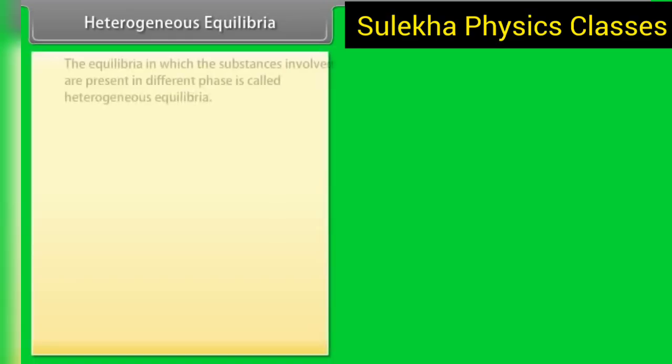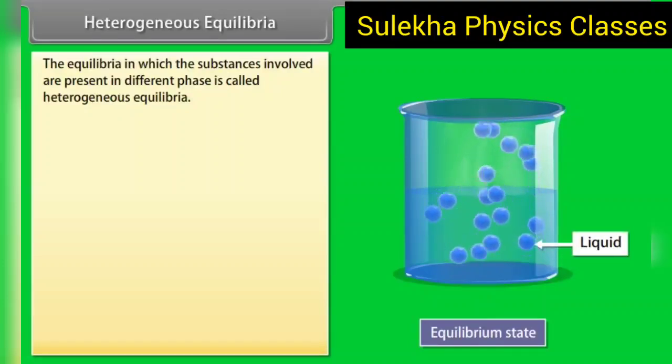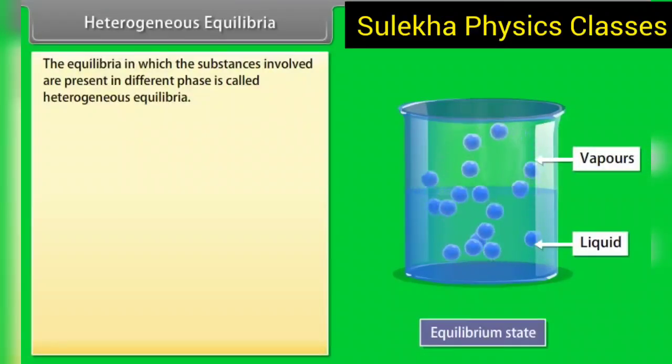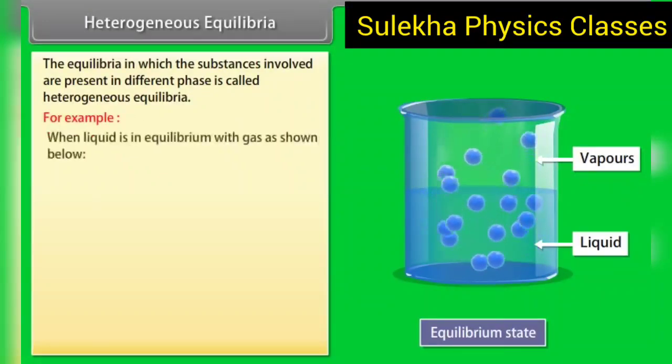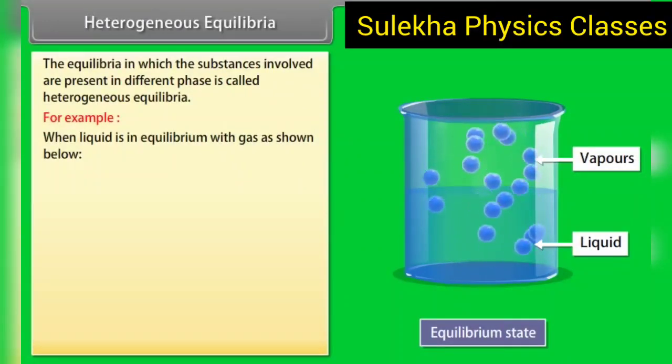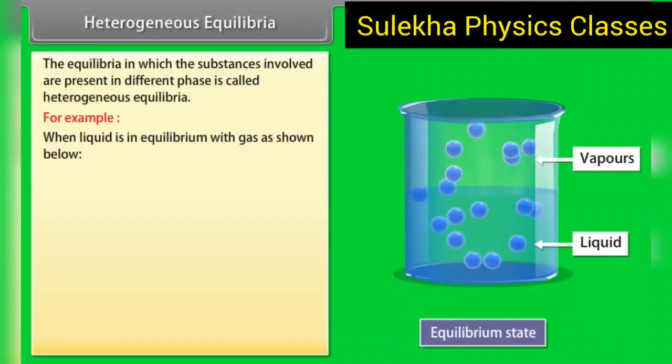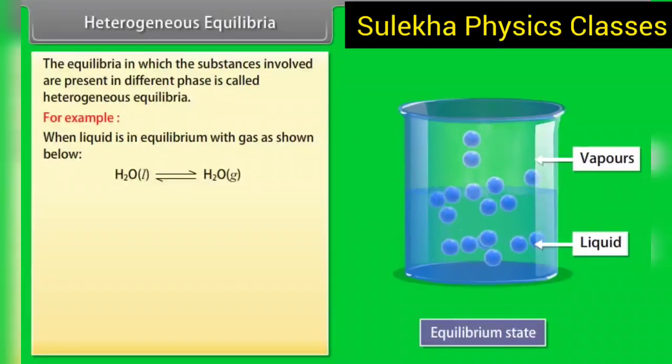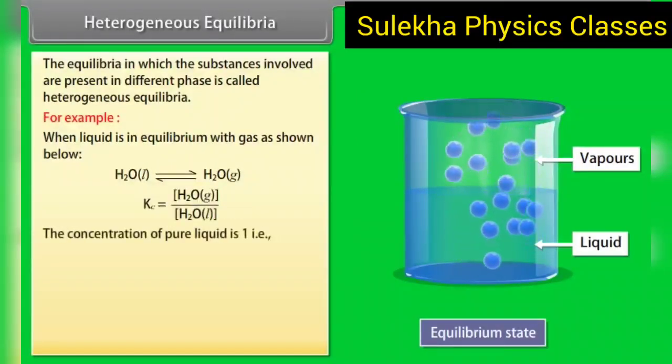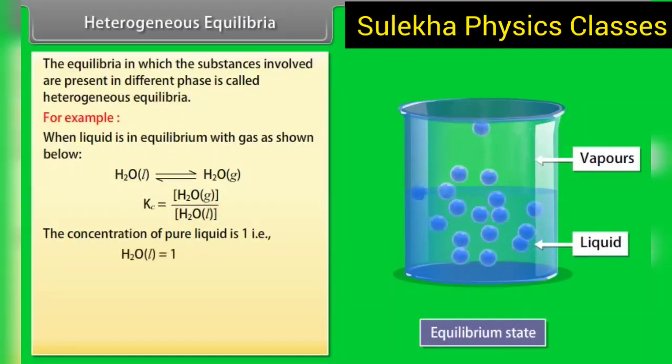Heterogeneous equilibria. The equilibria in which the substances involved are present in different phases are called heterogeneous equilibria. For example, when liquid is in equilibrium with gas as shown below, the equilibrium constant is given. The concentration of pure liquid is 1, that is, H2O in liquid form is equal to 1. Hence,